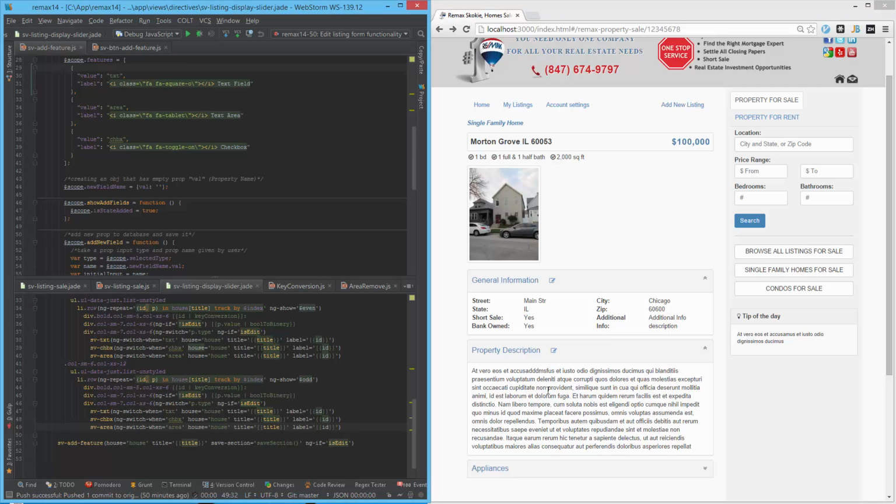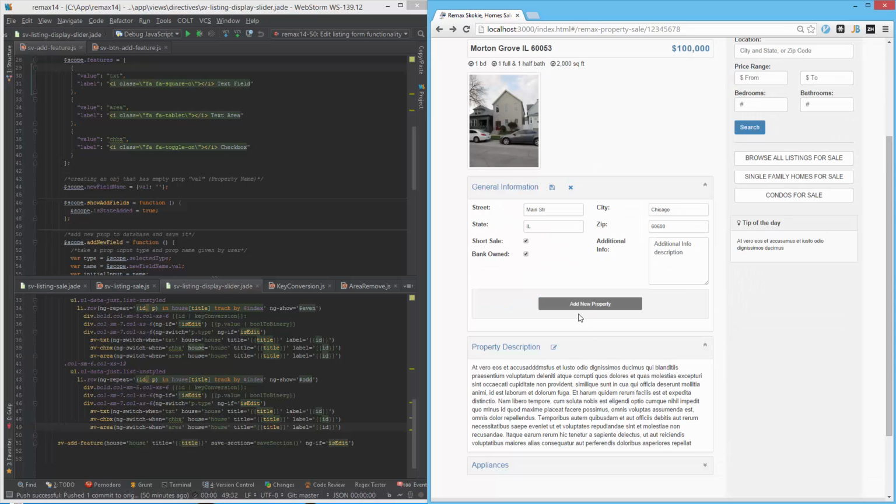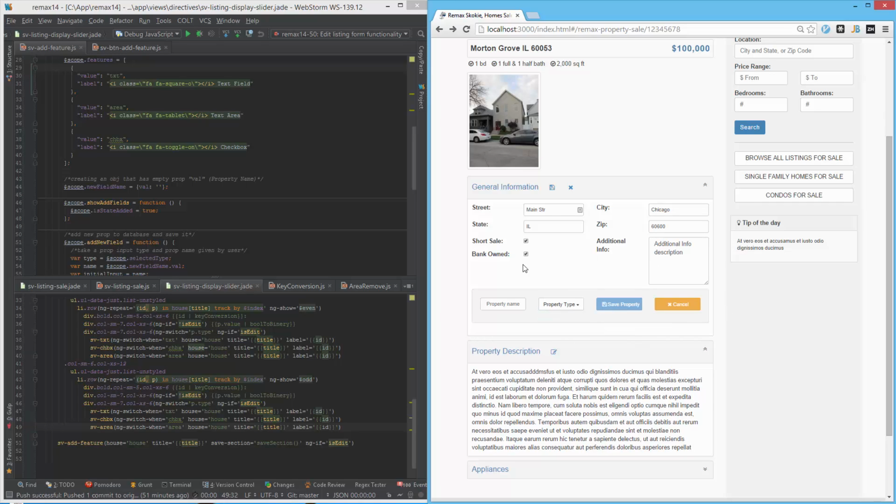And we already created edit functionality. I click on the edit button and you can see an add a new property button. It's our additional functionality for adding a new property to the database. When we click on it, we have a form open with the possibility to add property name, property type. For example, it can be checkbox,